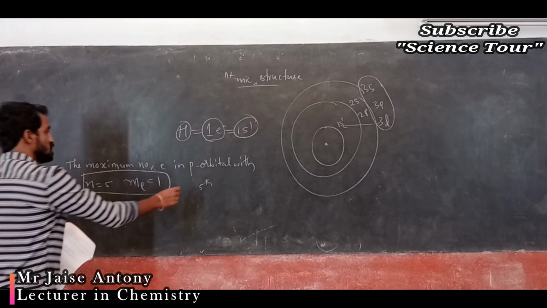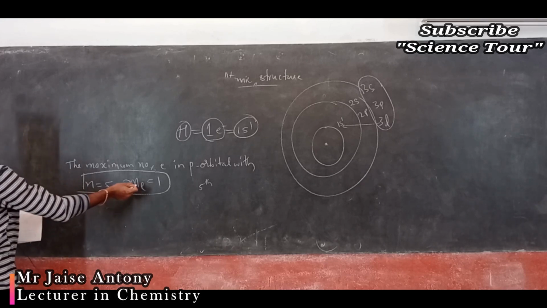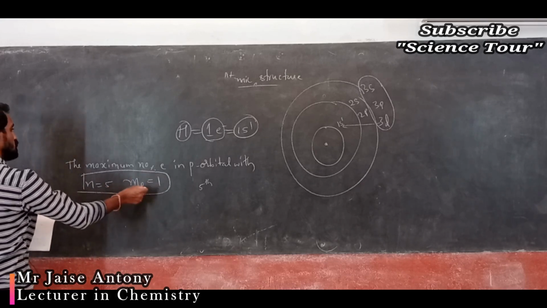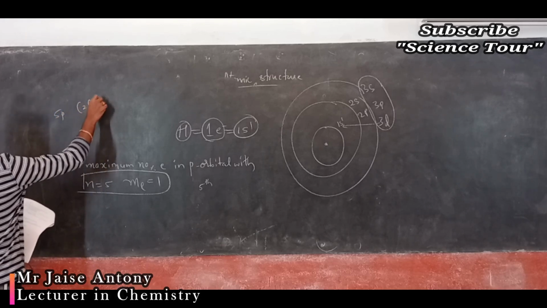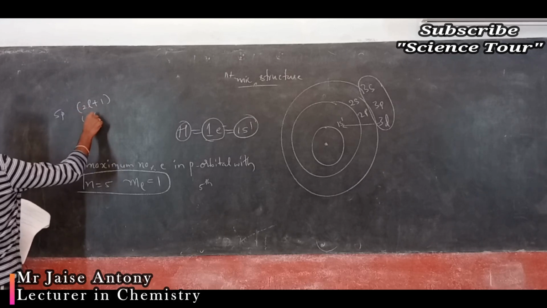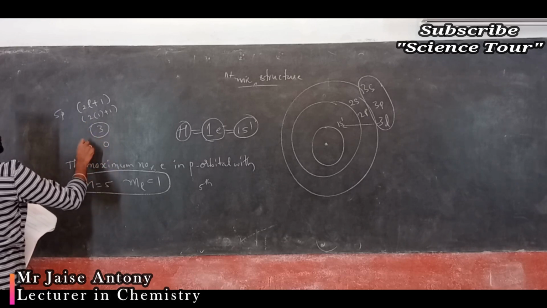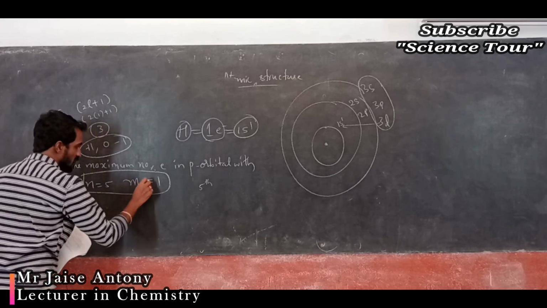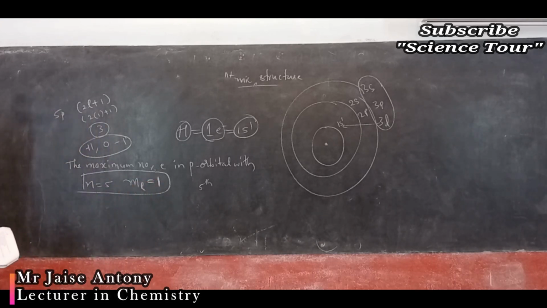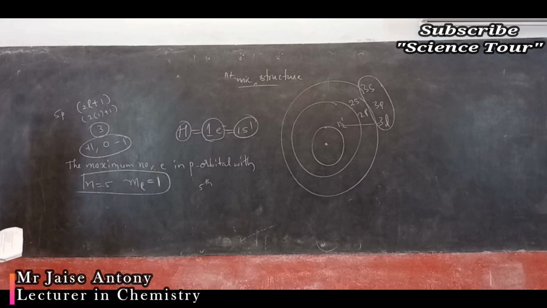See, for the fifth level you will find out the ml value, my dear students. They have given a p orbital, so an electron in the p orbital means 5p. For 5p, you find the ml values by 2l plus 1, which is 2 times 1 plus 1, that means 3 values: 0, plus 1 or minus 1. These 3 values are possible, but they have given ml value plus 1. It is possible. Correct? For the 5p orbital, ml value plus 1 is possible. n is 5, the fifth energy level.